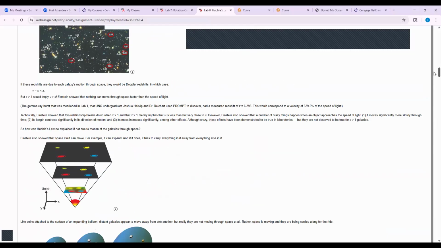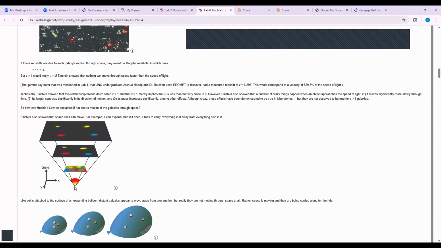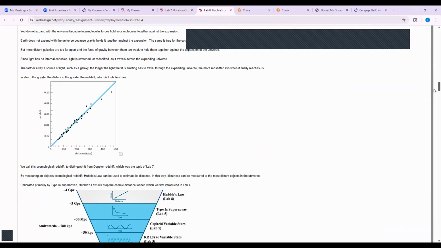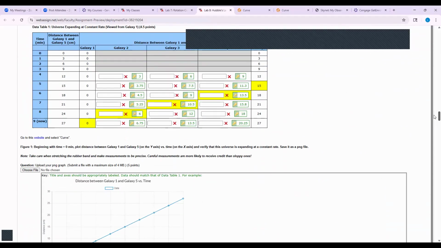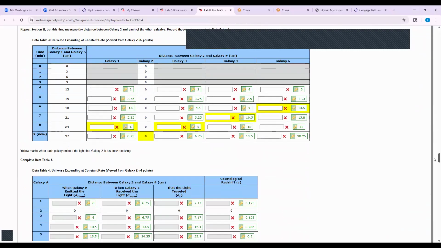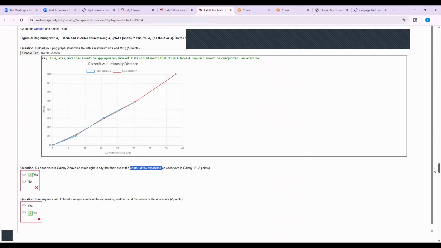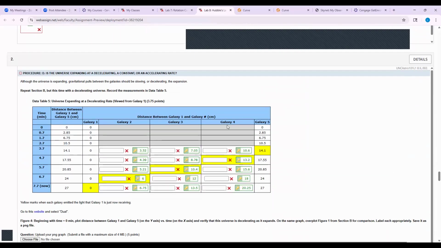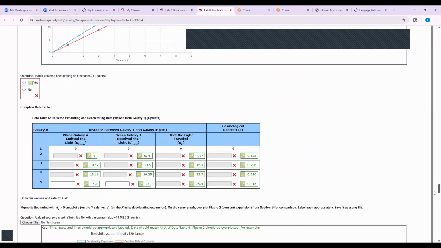There is no location of the center of the Big Bang, we can assume, or center of the universe. This is meaningless because of this concept of the expansion of the universe. And by this simple example, we can show how that expansion works at a constant rate. And you can do it a similar way for the decelerating universe and also the same way for the